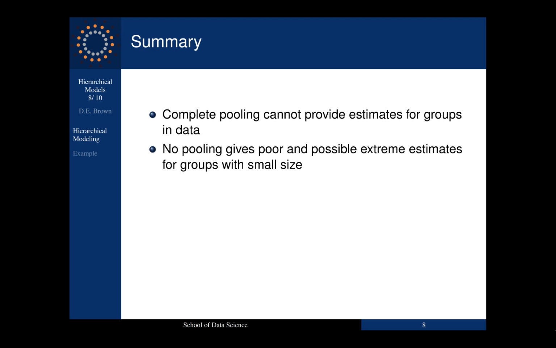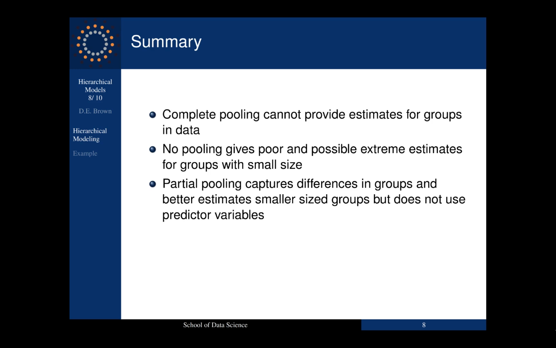No pooling, on the other hand, gives poor and possibly extreme estimates for groups of small sizes. Another way to say it is they're less stable. So the smaller the size of the group, the number of observations in that group, the less stable those results are going to be. And the question is, can we do better than that? And the answer is yes, we can build strength by using the full data set, and that's what we do